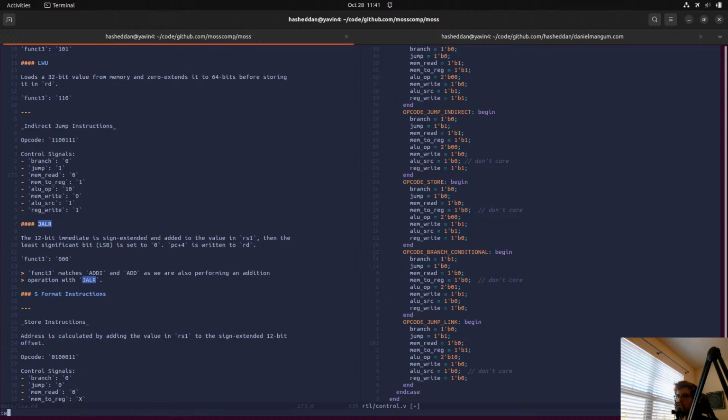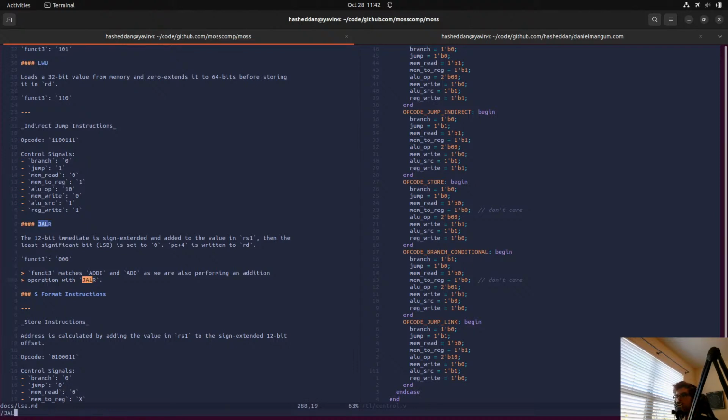I don't remember why I set ALU op to 1-0 here. Oh, well, okay, I did notice, so maybe let's undo what we just did there. Maybe we are using the ALU, because I noticed that funct3 for jump and link register, where we're using a sign extended immediate and adding it to the value in RS1, has a matching funct3 with add immediate and add.